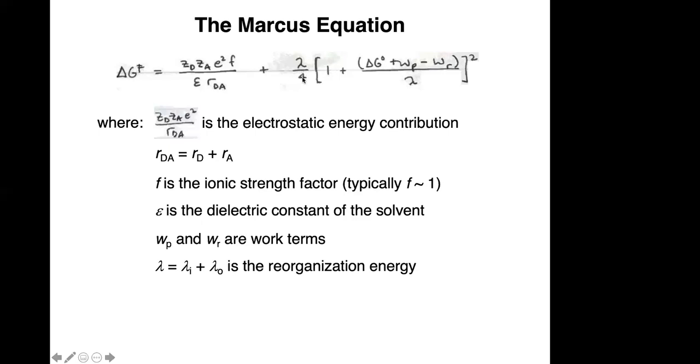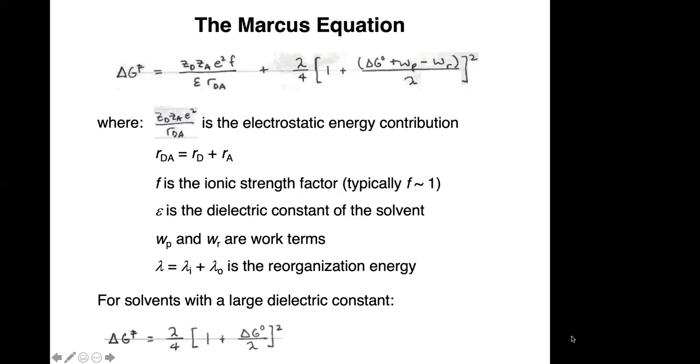And so it's lambda over 4 times 1 plus the delta G for the reaction, plus the work involved in bringing the species together and pulling them apart. So it's that quantity over lambda, overall quantity squared. Right. Okay, so